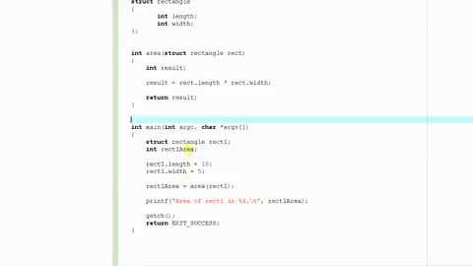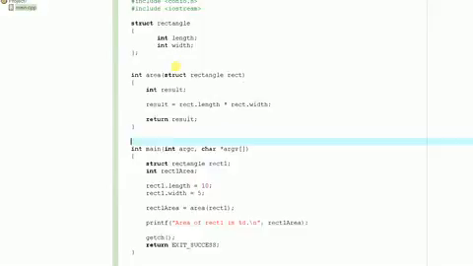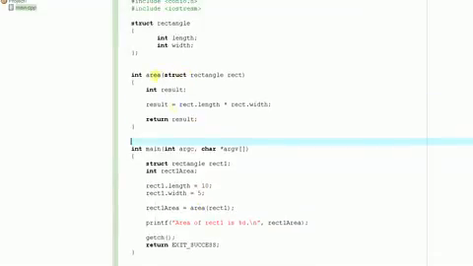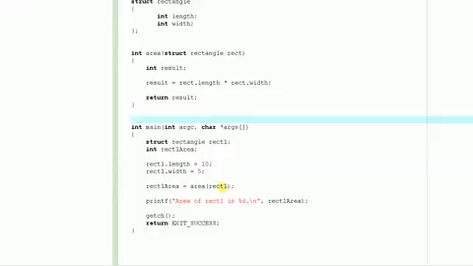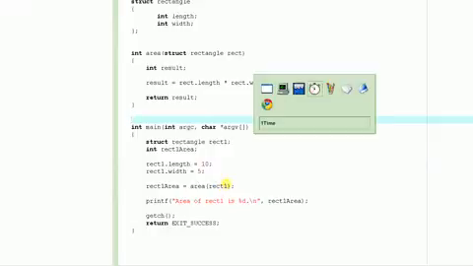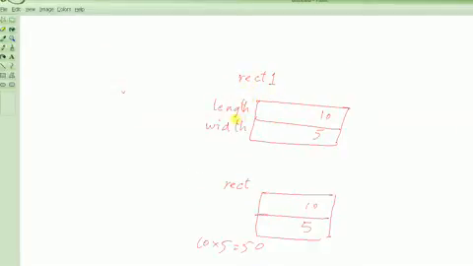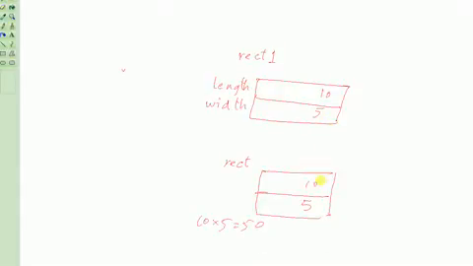In our main function we declared a variable called rect1, which is of type struct rectangle. So rect1 has two members, length and width, and we set the length to 10 and the width to 5, and then we called this area function by passing rect1 by value. So essentially, we set its length to 10 and its width to 5, and then when we call area, what happened was